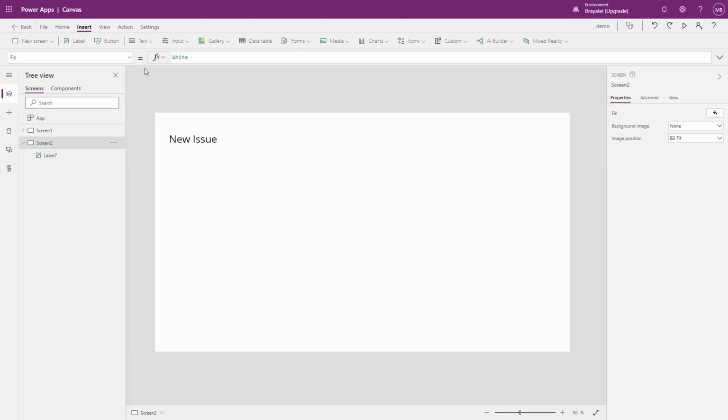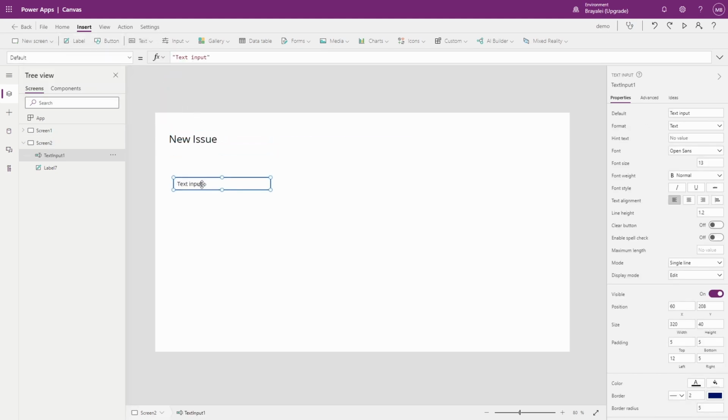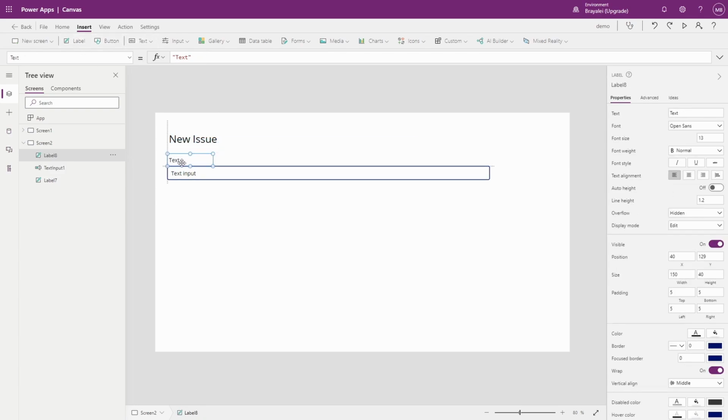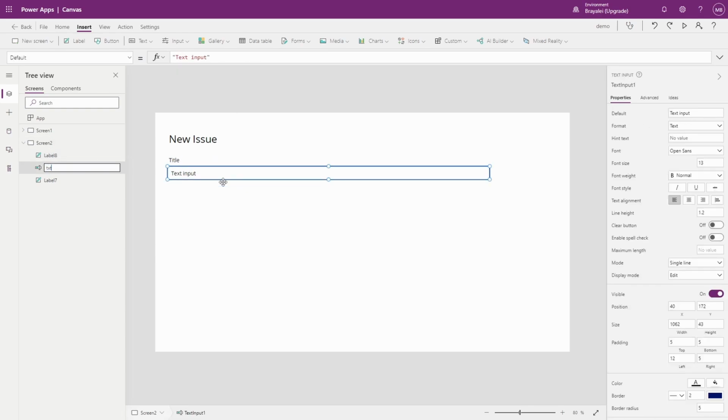Right, so the next thing we need is an input field, because we're going to be inputting a title for our issue. Let's put a label in here too. Let's call that title. This will be text title new. This is just my own naming convention for fields in Power Apps. You don't need to use this convention. You can call these fields anything you like,